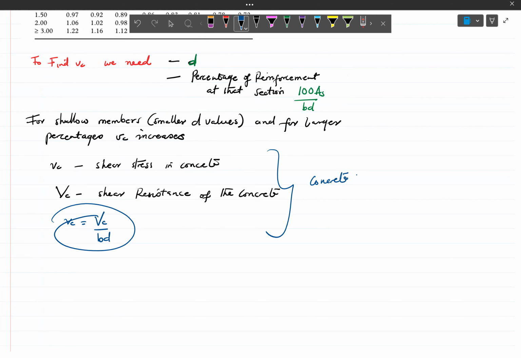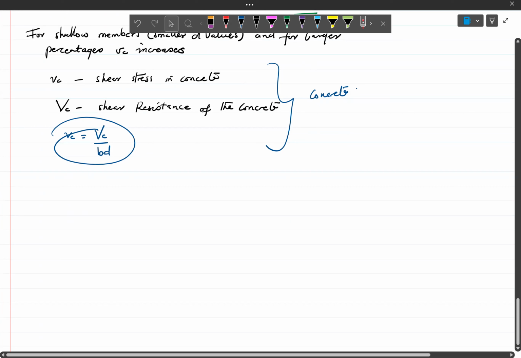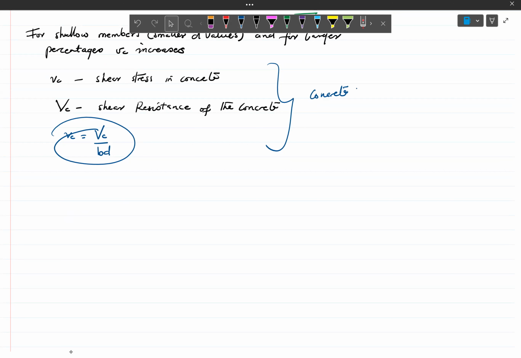Let me put one here for the stirrups. Before that, I write the total. So for the stirrups, this is for concrete only. And then big V here, which is equal to Asv over Sv times 0.87 fyv